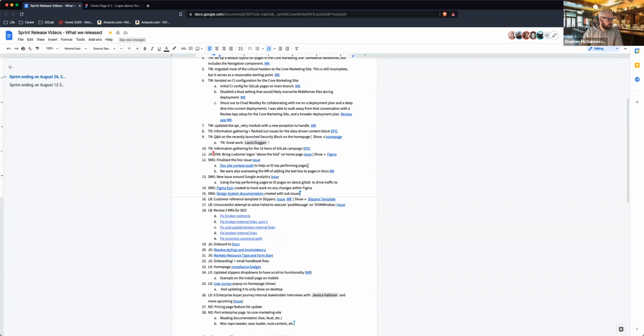And we were also overseeing the MR, which was the text box that's going to get added to the doc site. So we were waiting on that to get finished. So that's done. There's a new issue created for Google Analytics. So we're using the top pages that are in docs, and we can identify which page we want to drive